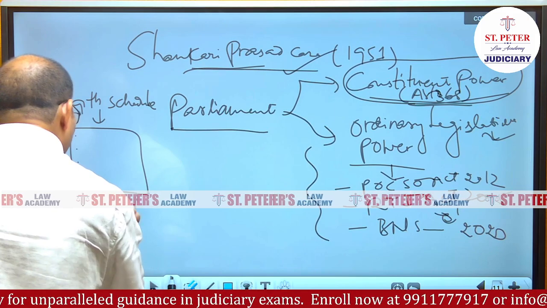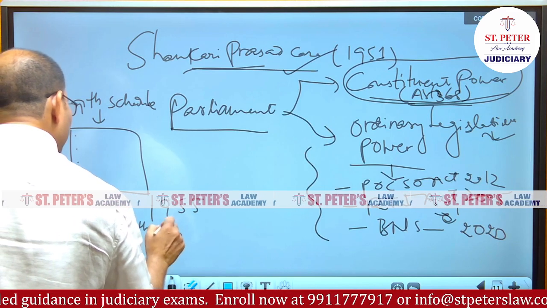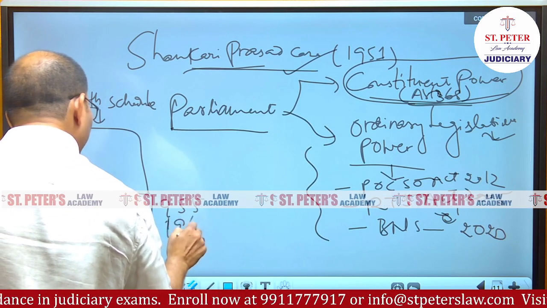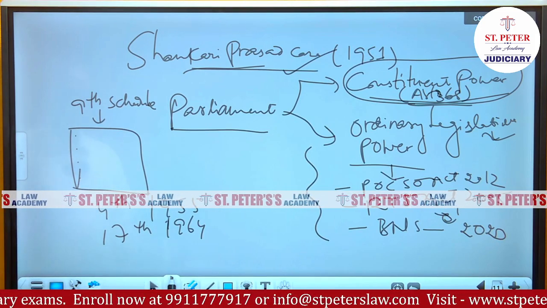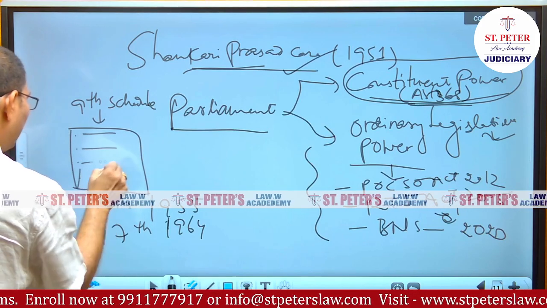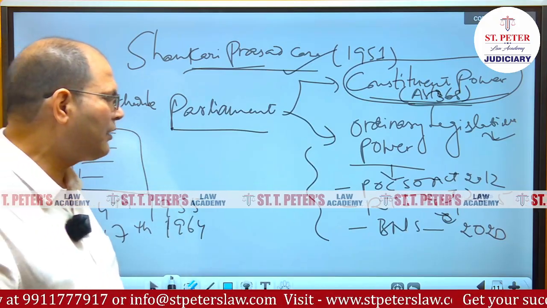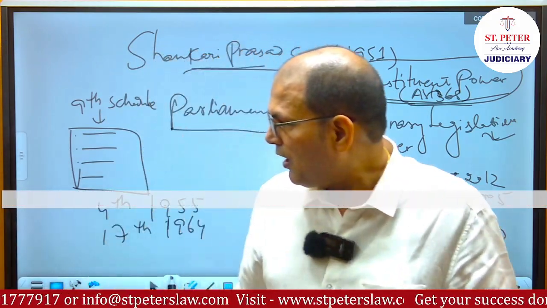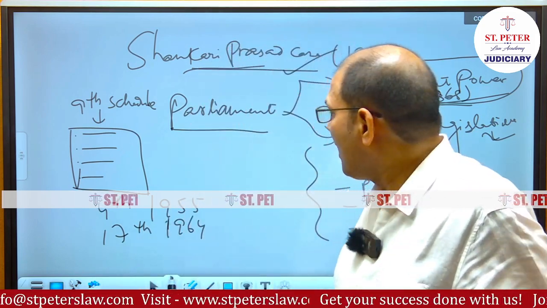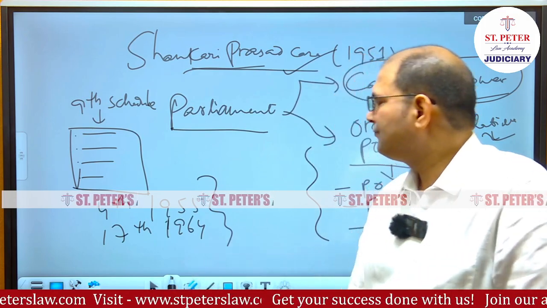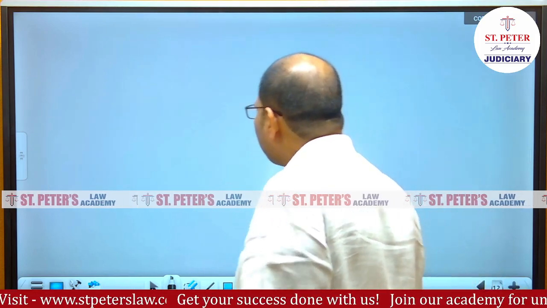The 4th Constitution Amendment Act 1955 and the 17th Constitution Amendment Act 1964. These two constitution amendments placed certain agrarian reform laws, zamindari abolition laws into the 9th Schedule of the Constitution so as to afford them protection from judicial review. And these two amendments became a subject matter of challenge in the landmark case of Sajjan Singh versus State of